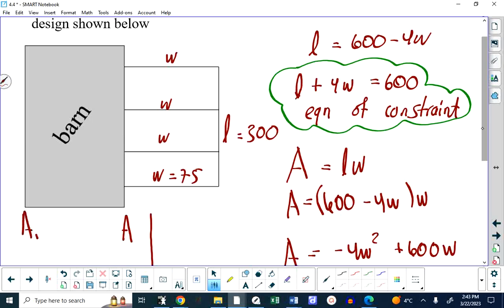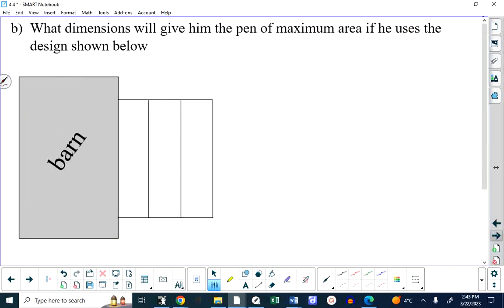So A max is 22,500 square feet, which is not too shabby. That's a fair amount of room for his vermin to slither and walk around in. He's planning this, and then he has an idea. What if he does this? Now, this is kind of a bad design, but